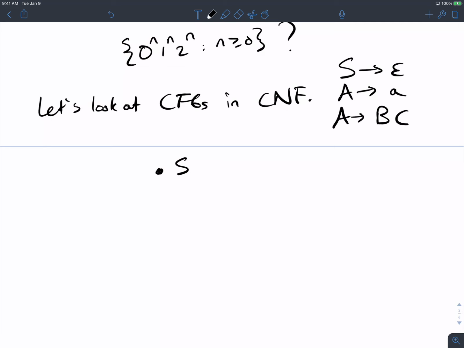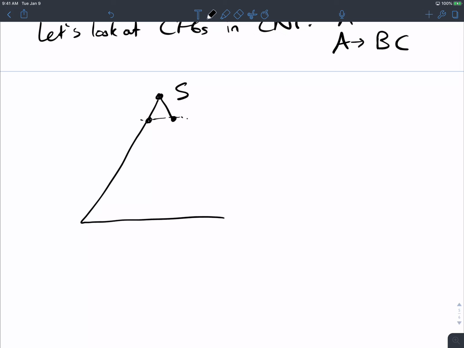What is the structure of the parse tree? One level down right here, how many nodes are in that level? Can you guarantee 2? Why can you guarantee 2? Because I have to create 2 variables. So we have 2 variables here. And then if you drill down deeper, maybe one of them dropped out early to make a terminal. But if we look at this in the general case, what do we know about this tree? Every single node in it has how many children?